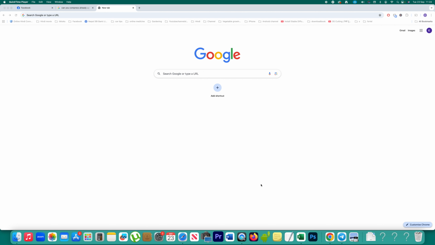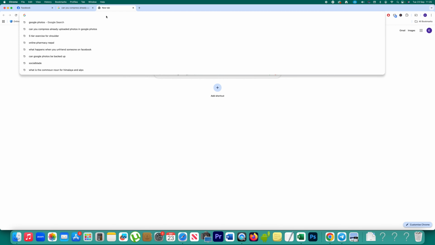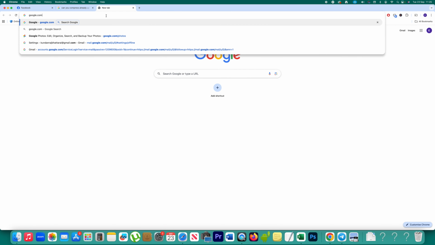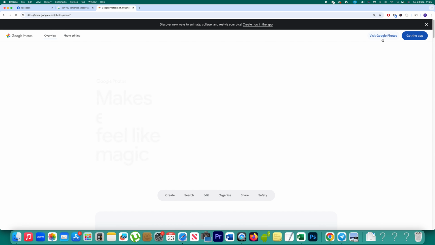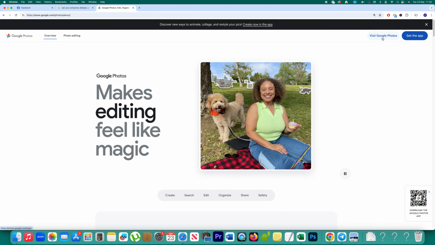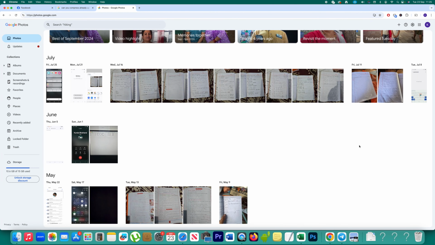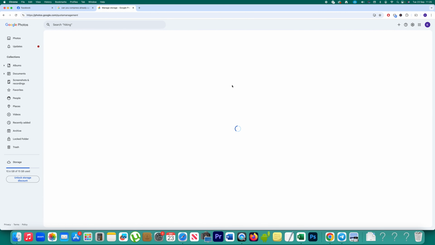If you want to compress photos and videos that have been already uploaded to your Google Photos, then what you do is open any web browser, then open this website google.com/photos. Then click on this option, Visit Google Photos, and then you have to log in with your Google account. So once you log into your Google Photos, click on this settings icon here, click on Manage storage, and here